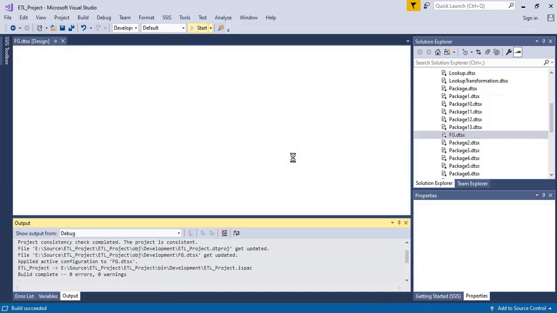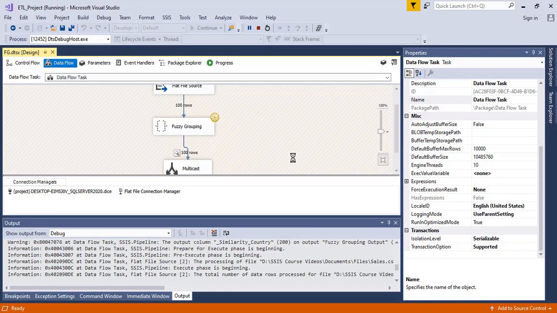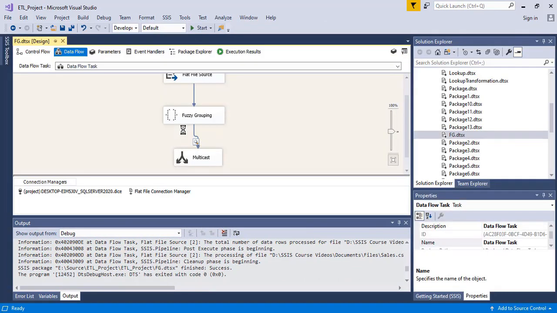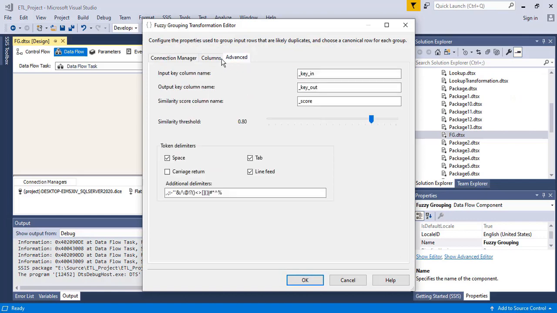Now you're going to see one thing is very important. Before executing it, I need to show you one more step which is very important. Double click advanced. This one is done and dusted. I have to click this advanced: input key, output key, and the similarity. If there is an exact match, then the similarity would be almost 100%. Now I want to set the similarity count to 62%.